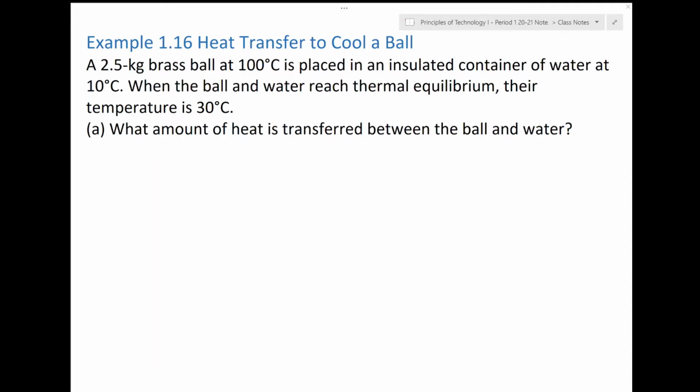So to figure that out, we're going to use the equation that we used for example 1.15 that says heat is equal to the mass of the object times its specific heat times the change in temperature of the object. So the mass of the brass ball is given as 2.5 kilograms. We can look the specific heat up in table 1.7 and find that the specific heat for brass is